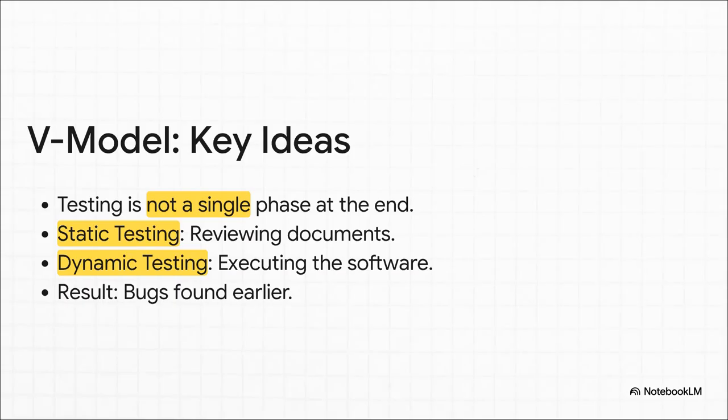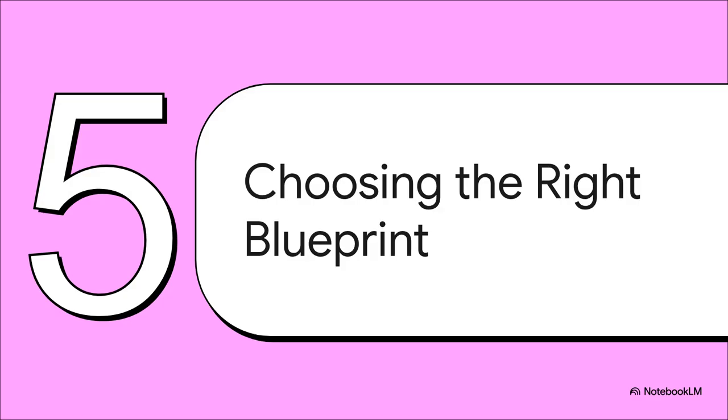The big, huge takeaway here is that with the V model, testing is no longer just some afterthought you tack on at the end. It's woven into the entire process. By testing both the documents and the software as you go, you find bugs so much earlier, and finding bugs early makes them dramatically cheaper and easier to fix. It's a game changer. So we've seen three really distinct approaches: the rigid waterfall, the flexible spiral, and the quality-focused